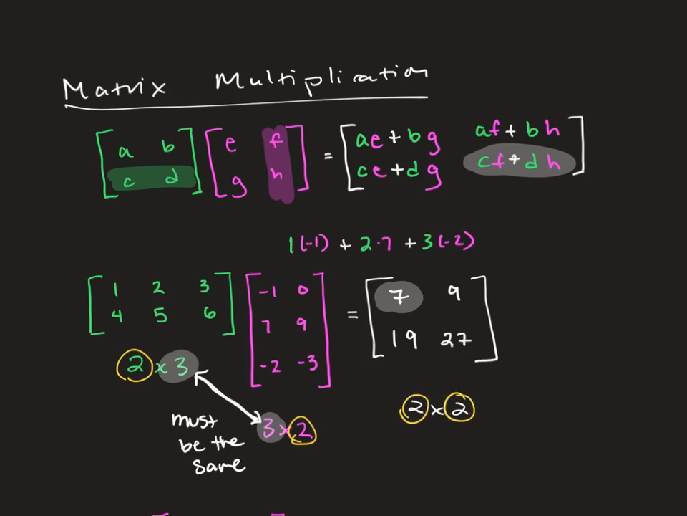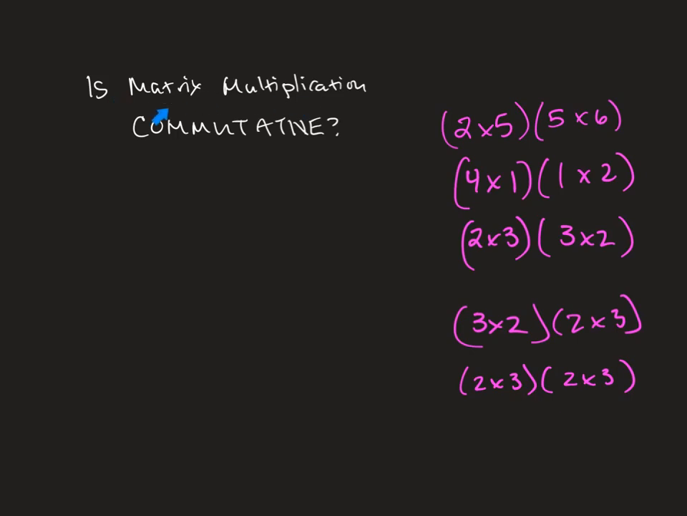So let's go through which ones can and which ones can't I multiply together. And really what we're asking right now is, is matrix multiplication commutative? Commutative just means that if you have 8 times 5, that is the same thing as 5 times 8. So the question is, if I have a matrix A, which is maybe 1, 0, 0, 1, and matrix B, which is,